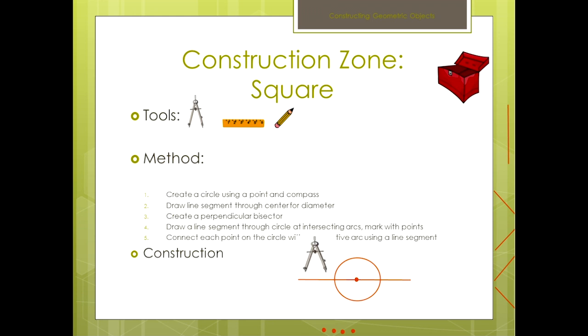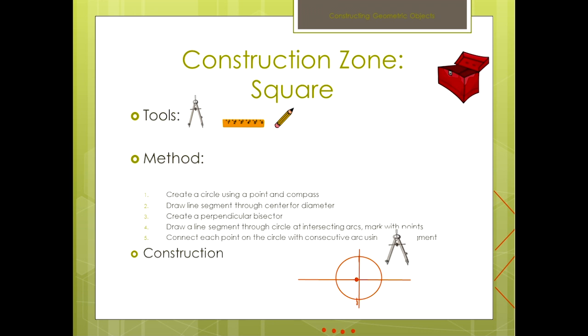Now, in order to do that, this is where our compass will come into hand. So we'll take the compass to the center, and you will have to turn it, and you're going to create an arc above and below your center using that same compass, and make sure it is locked. So you will have to turn it. Now, once you've done that, you've created your perpendicular bisector. You need to make sure you do it from this end to the other end. And this will help you get your perpendicular bisector, and also make sure that it is centered